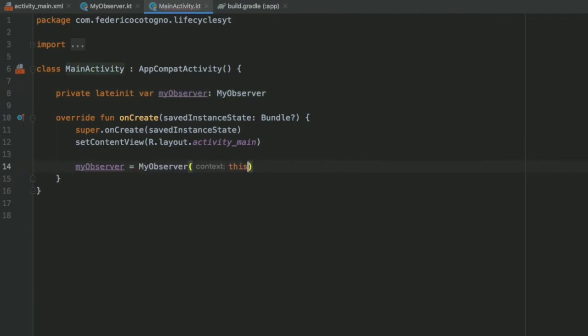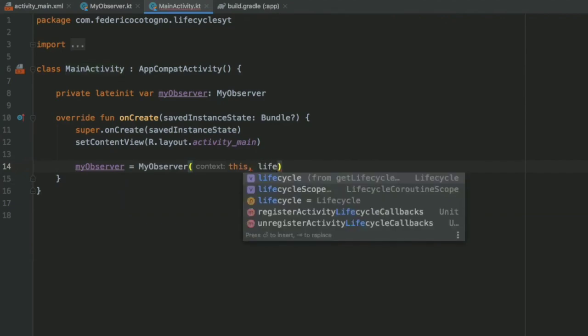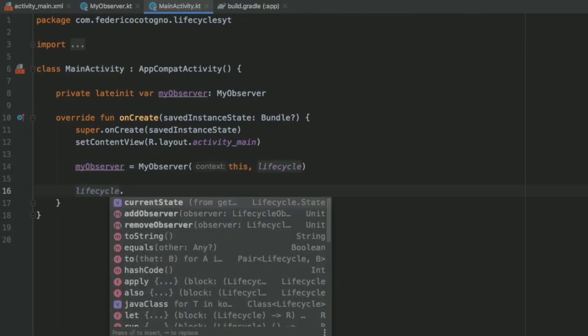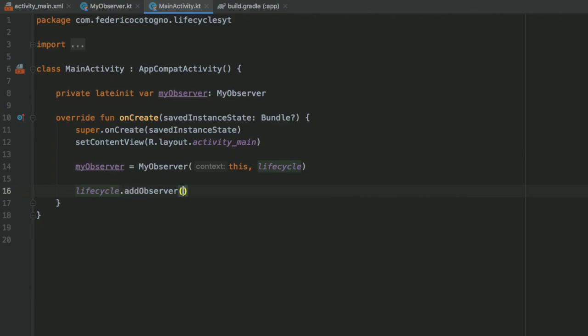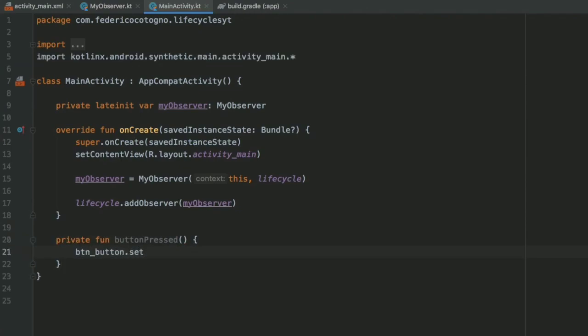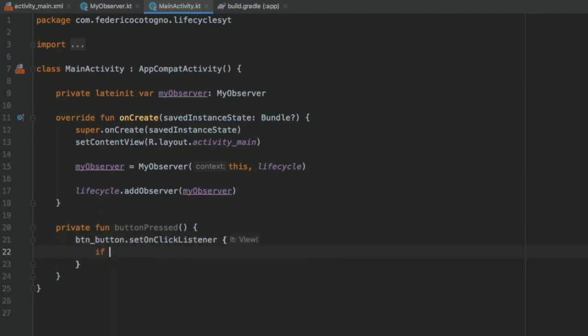we are going to pass in the context, which is main activity, also known as this, and we will type in the lifecycle. Then all we have to do in here is add an observer to the lifecycle of our main activity, and to do this we just type in addObserver and we add myObserver as the observer. And there's one more function I want to show you before we actually run this app, and to demonstrate it I will have to create a private function which will be buttonPressed, and inside here we will get our button and set an onClick listener, and here we will provide a check which says if